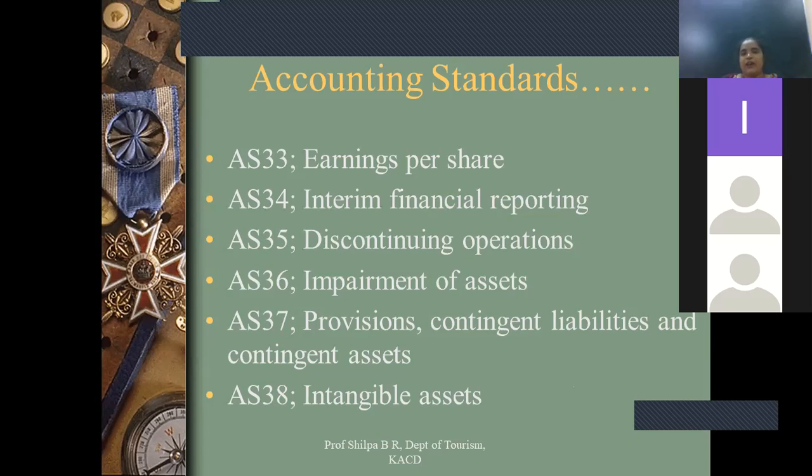Then in 37, we are going to talk about any contingent liabilities or assets, or any provisions done. Now what is a provision? Provision means nothing but you are keeping something aside in advance, so that when the date of payment comes, you don't have to think about where the funds will come from. Say for example, you have to pay tax every July. So for that, you're keeping some amount aside. Why? Because when you're doing business, there will be a shortage of cash.